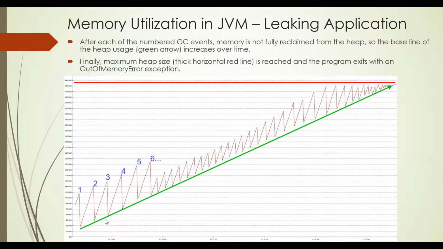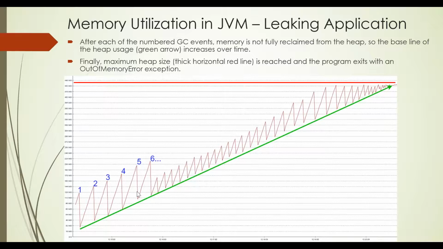There are different types of memory leaks also, right? So how do you identify it? Whenever you are monitoring your application's memory usage, it's the same sawtooth pattern, right? But what is the difference now? You can see first, second, third, fourth, fifth, up to six cycles. The objects are getting created, the GC is getting triggered and reclaiming some memory bytes. Again the objects are getting created, again the GC is triggered, and again some bytes are collected. In the same fashion it goes on.